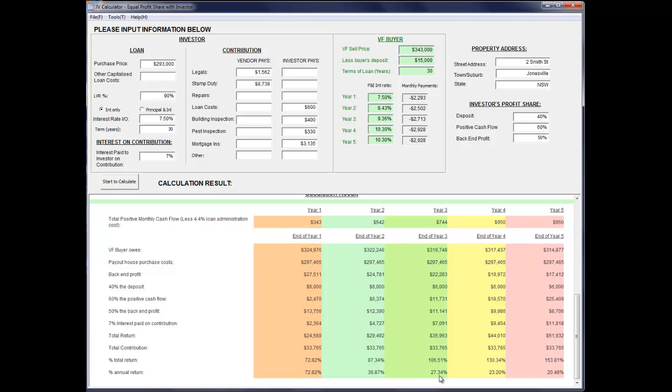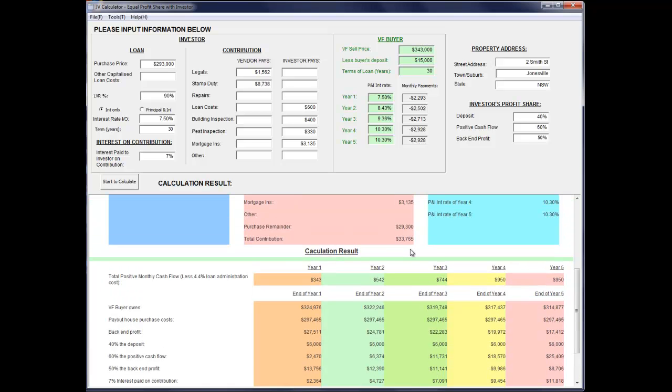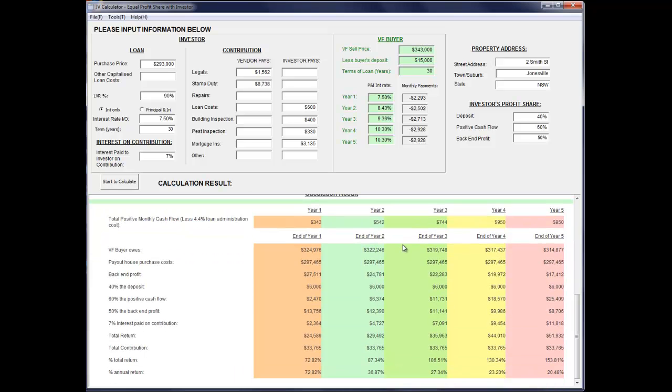This is what a bank would have to give them if they put that total contribution of $33,765 into the bank. The bank would have had to pay 27.34% to give them the same return. At the end of year 4, it's 23.2%, and at the end of year 5, their return is still 20.48%. A very